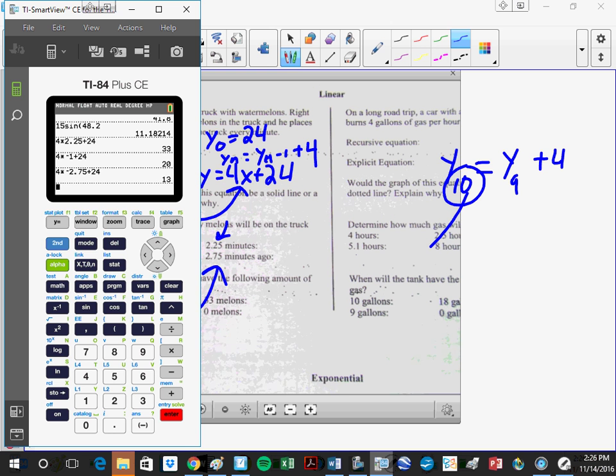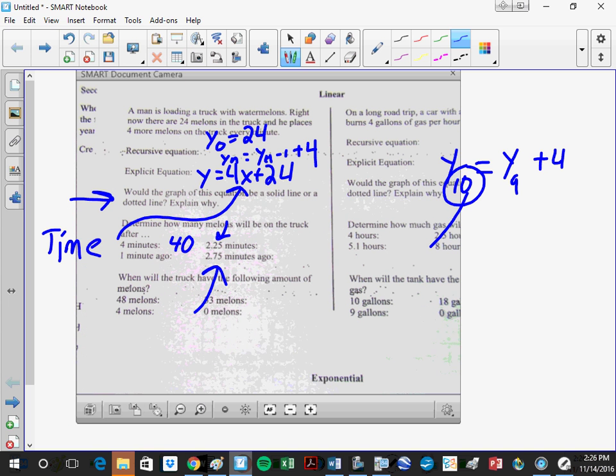One at a time, 1 melon at a time. 1 melon every 15 seconds. No, we just interpreted it differently. I can't carry 4 melons at the same time. So it's dotted, but it's dotted every quarter, not every one. Yeah, technically it should be stepped, you're right. So